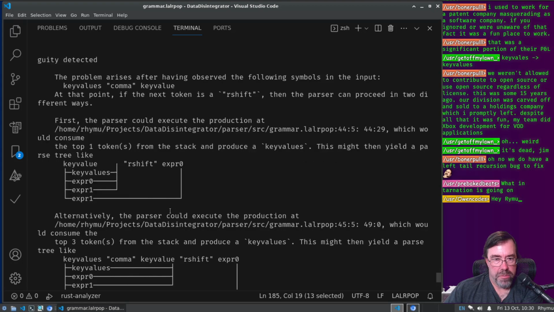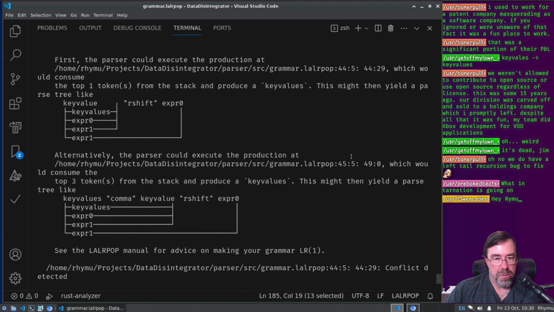First, the parser could execute the production at 44, which could assume the top key value, produce a key values. This might then yield a parse. Why is a key value? Oh, right, a single key value, right? It might look like that. Alternatively, it could do 45. It would take the top three tokens, key values, comma, key value, right shift. Actually, I don't understand that. This one has a comma, but this one had a right shift. So why, when it,